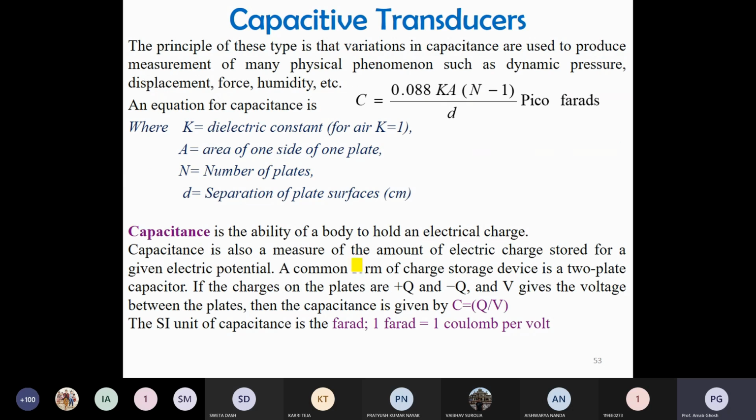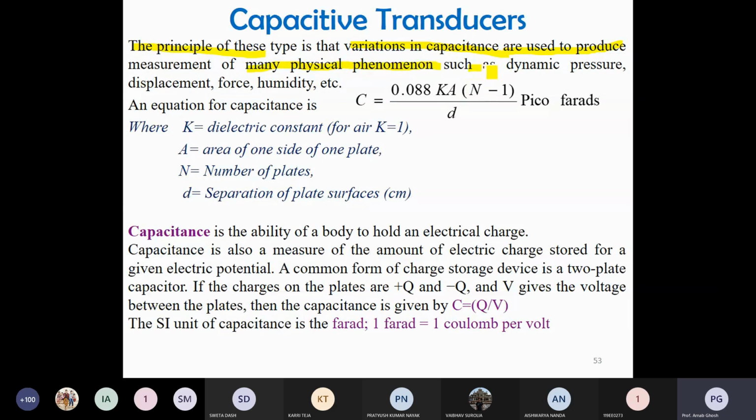Then the capacitive transducer. In the case of a capacitive transducer, the principle is that variations in the capacitance are used to produce the measurement of many physical phenomena. The different physical phenomena are such as dynamic pressure, displacement,